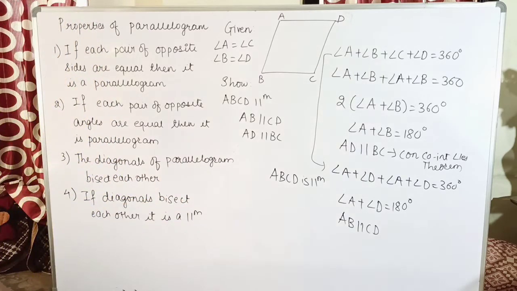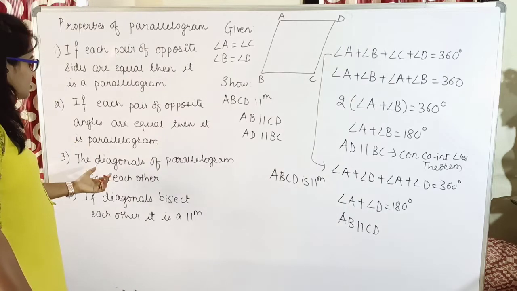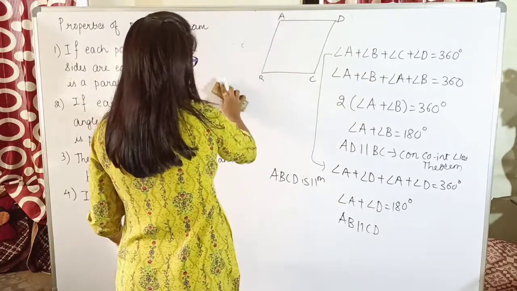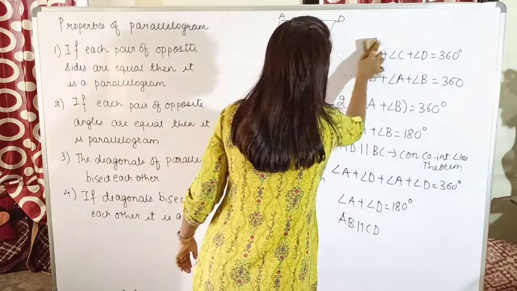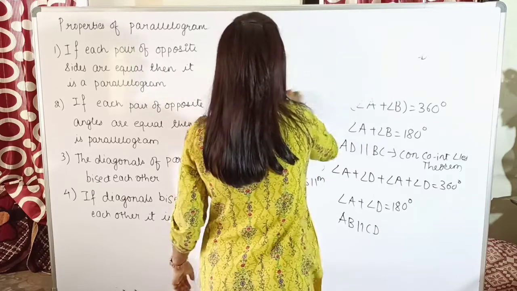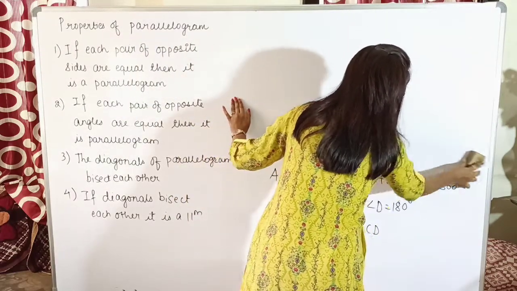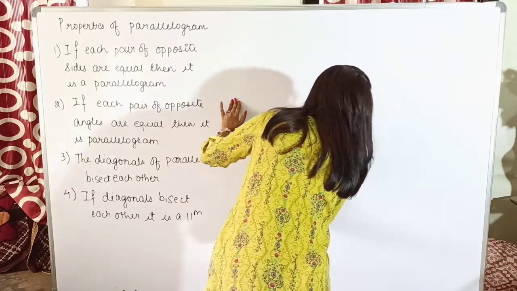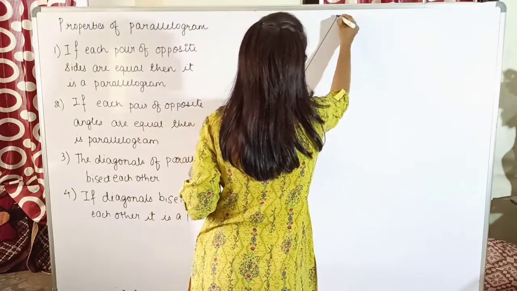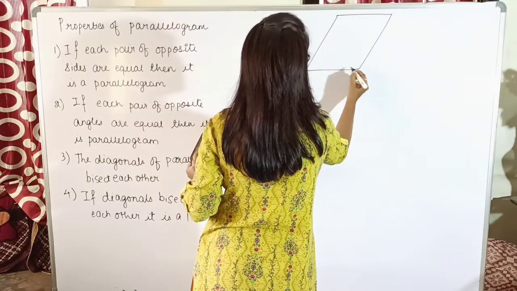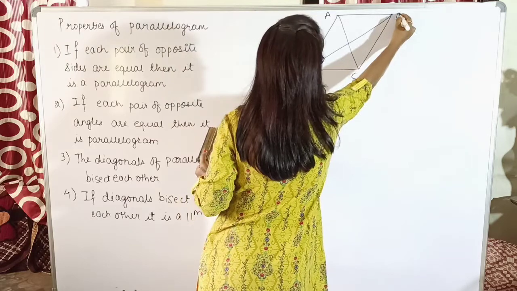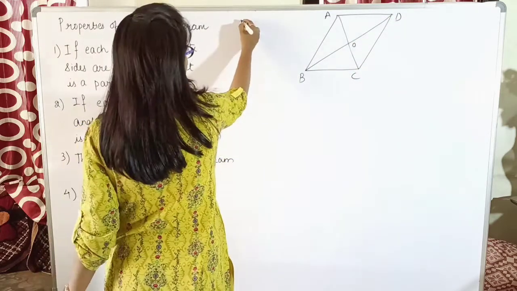Okay, now the next property, it says the diagonals of a parallelogram bisect each other. Okay, so now they have said that it is a parallelogram and we have to prove that the diagonals of it are bisecting each other. So definitely we have to draw both the diagonals of the parallelogram which are intersecting at one point. Yes, so let us draw them. Suppose the parallelogram is ABCD, intersecting at O. Yes. So what is the given information?